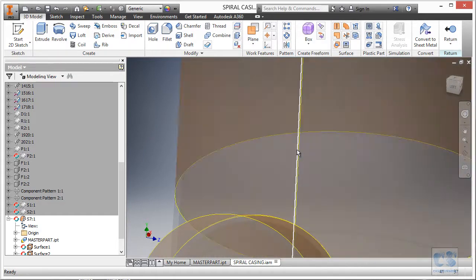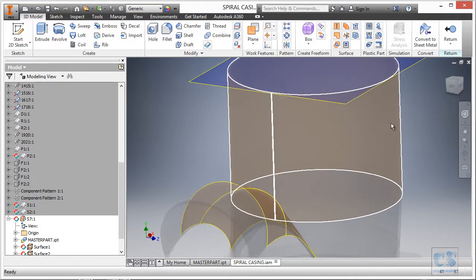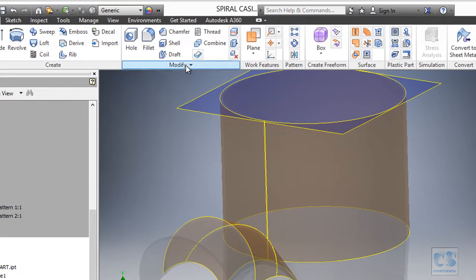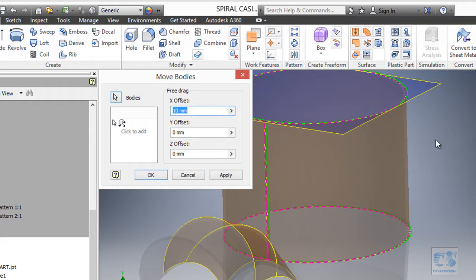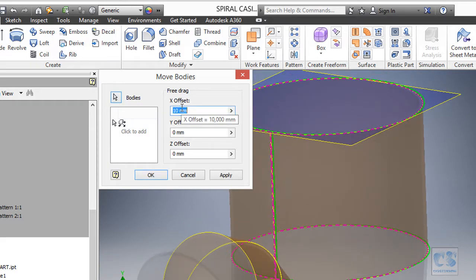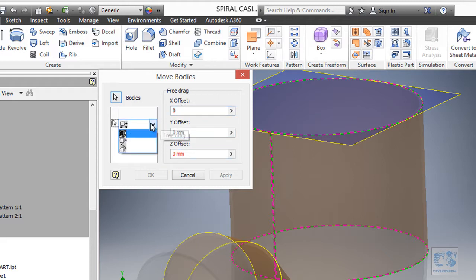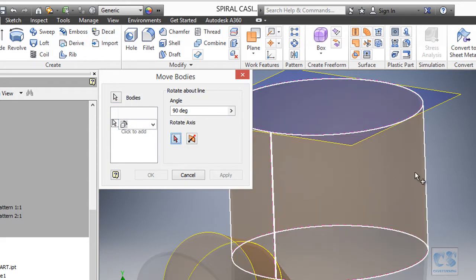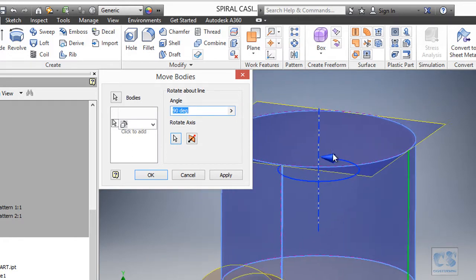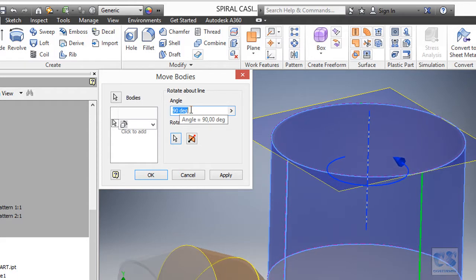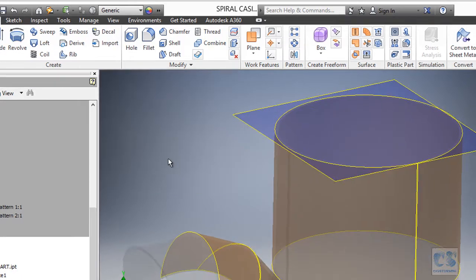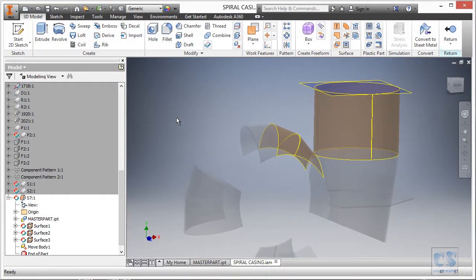First, as you can see, we have the opening here, so we are going to have to rotate this. Let's do it right away. So from this modify panel, move body, and we want to select this one. Make sure that we have a 0 as offset for all this input, and we are going to make sure that the method is rotate about line, and we select the body, and we'll have this axis in front. So the angle value is 90 degrees. We will accept it as it is. So okay, and now we are good to go for the new sketch.